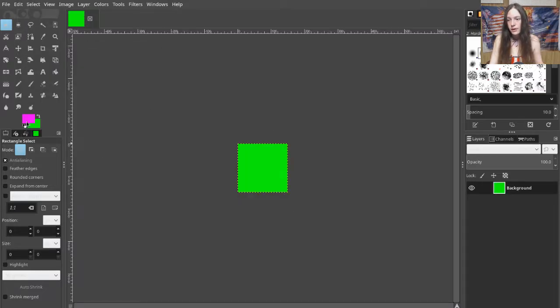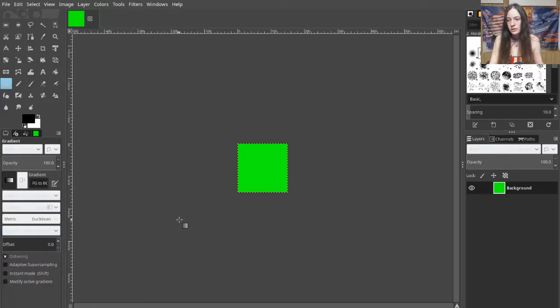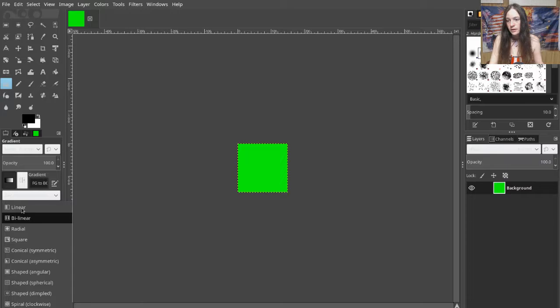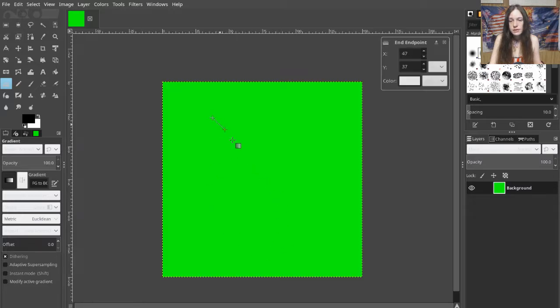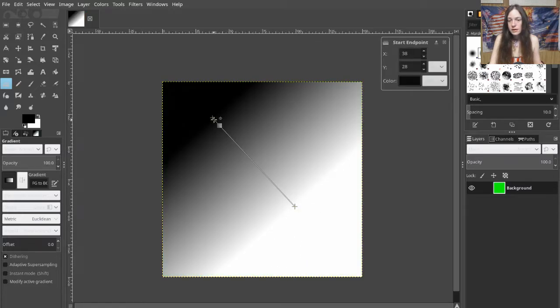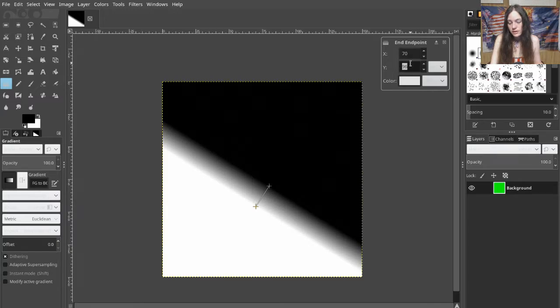Reset the active colors to black and white. Under gradient, select foreground to background RGB. Set shape to linear, and repeat to none so the colors extend past the points. Click and drag to draw the gradient. Set the start point to 80-80 and the end point to 70-70, so there's a thin strip of gray in